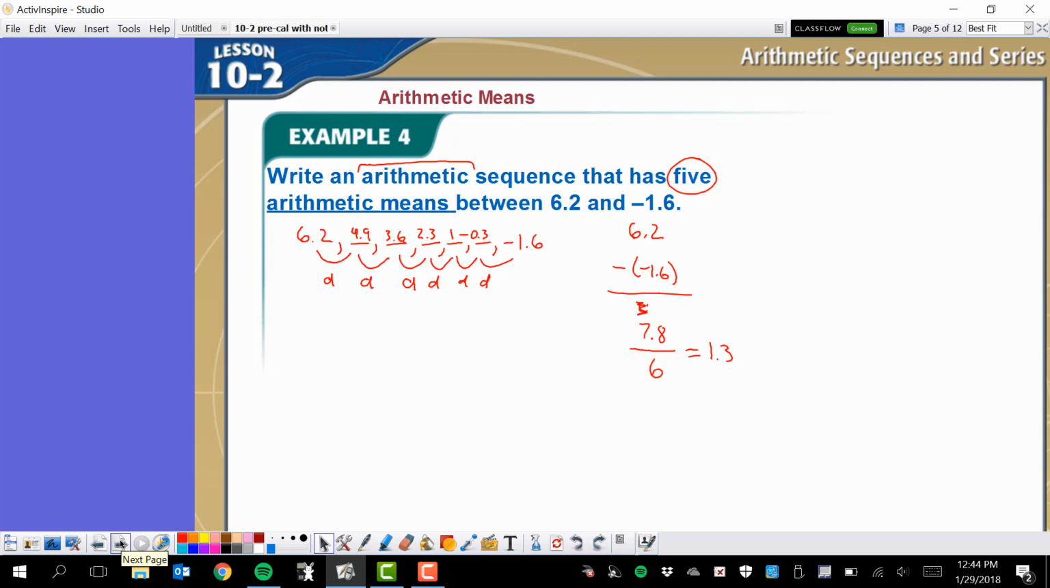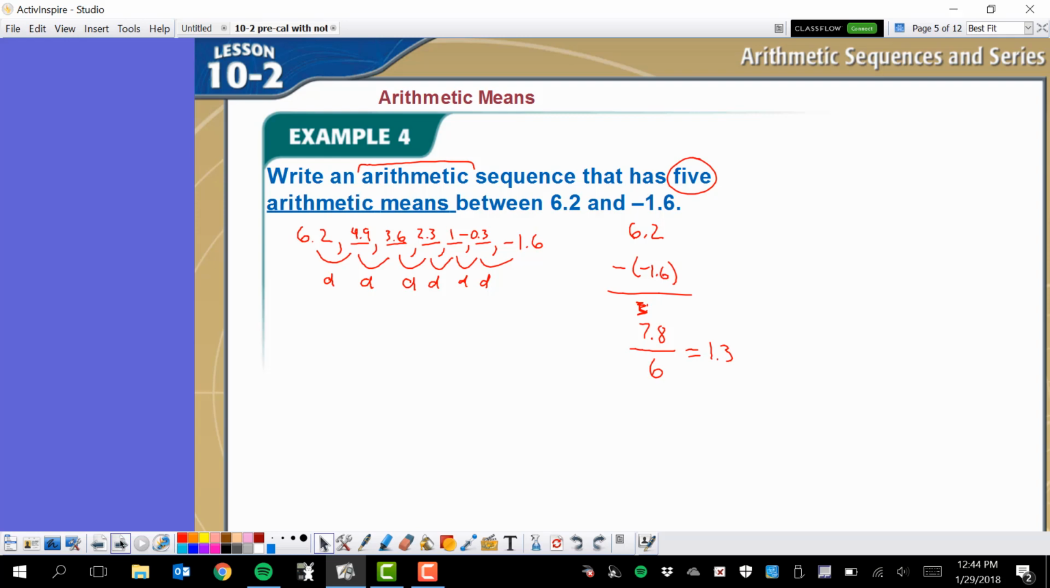Okay, this problem is a little bit different, but this is the next kind of thing you're going to be asked about in this section. It says write an arithmetic sequence that has 5 arithmetic means between 6.2 and negative 1.6. This problem is going to be really tricky for you if you don't know what they mean by arithmetic means. All that really means is that there's going to be 5 numbers that are equally spaced between 6.2